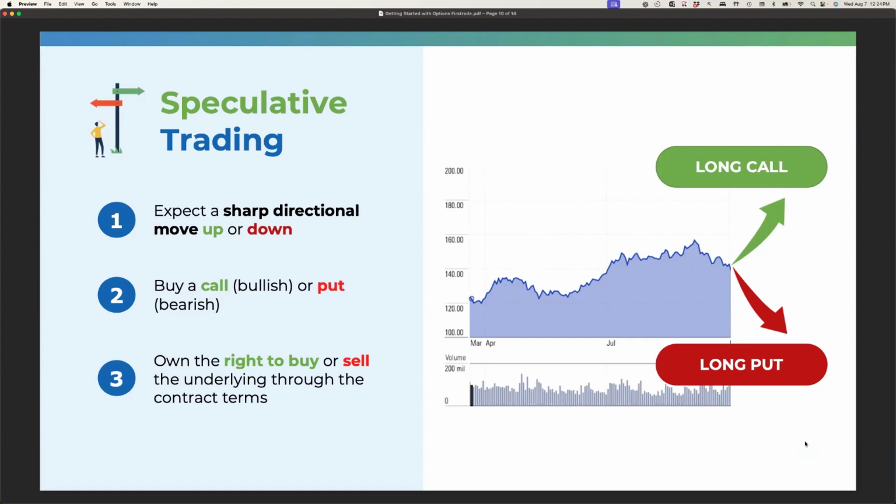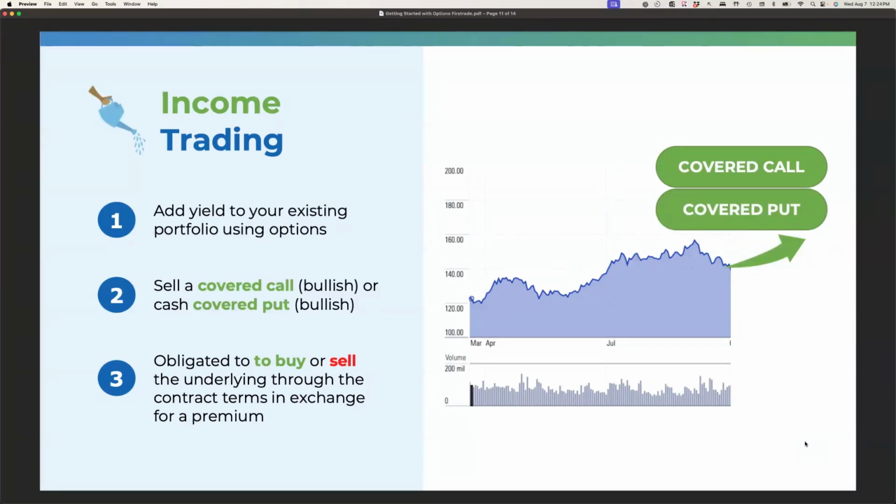This is meant to be a general overview of the different strategies that you could potentially trade as an options trader, depending on your overall views of the overall market. The second strategy, like I said, is income trading. And this is, like I said, for more experienced investors. Once you learn how to trade options, this is likely